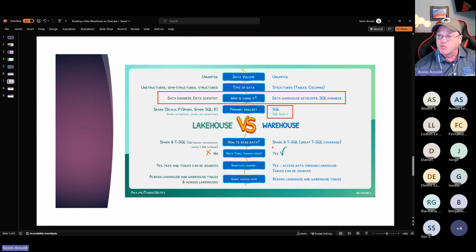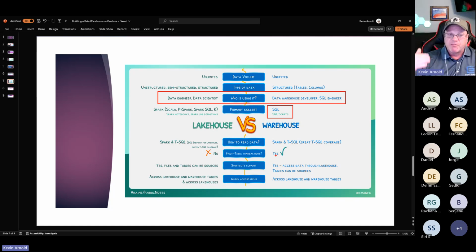One of the other big things that the warehouse has that the lakehouse side does not have, and if you need this, is multi-table transactions. Probably a lot of people don't use transactions, but if you need a transaction, you definitely know how to use them, and use them quite a bit probably. When we write SQL, it has an inherent transaction model: when the statement ends, the transaction commits. But you could change that by starting a transaction, and then you have to explicitly commit the transaction.